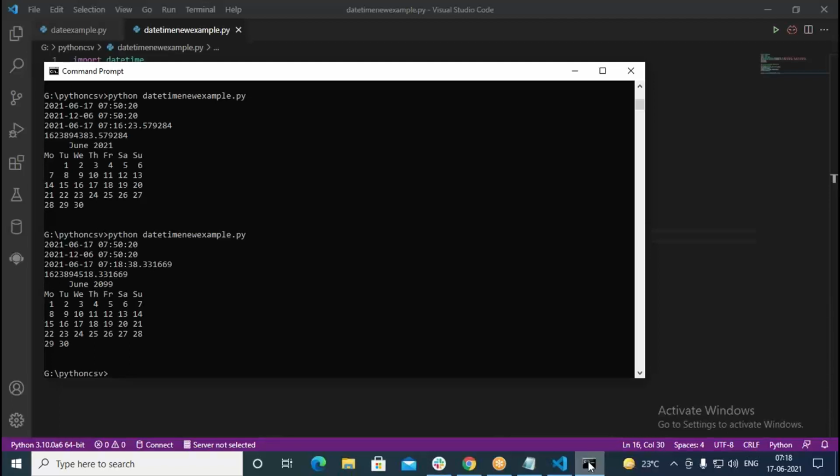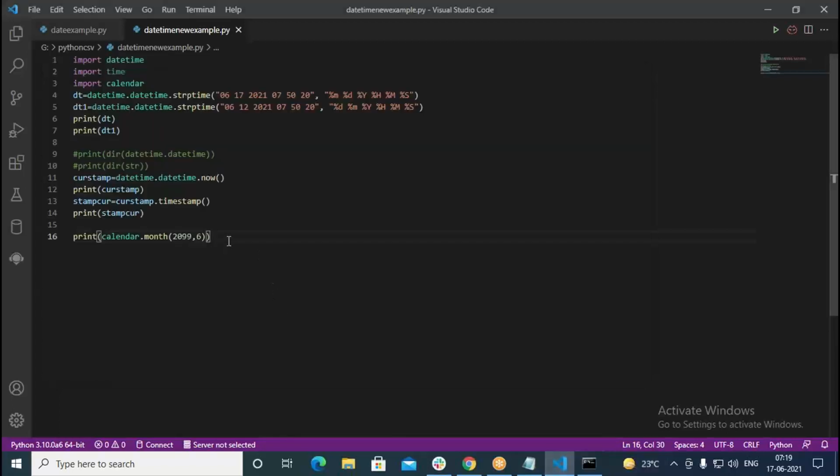Not just one month, this can print an entire year for us. For that purpose we need to use some other mechanism. We give the year, followed by how much width you want between columns, and how many blank lines you want between rows. You can specify how much space you want between the two rows. So we write this way, for printing the entire year.